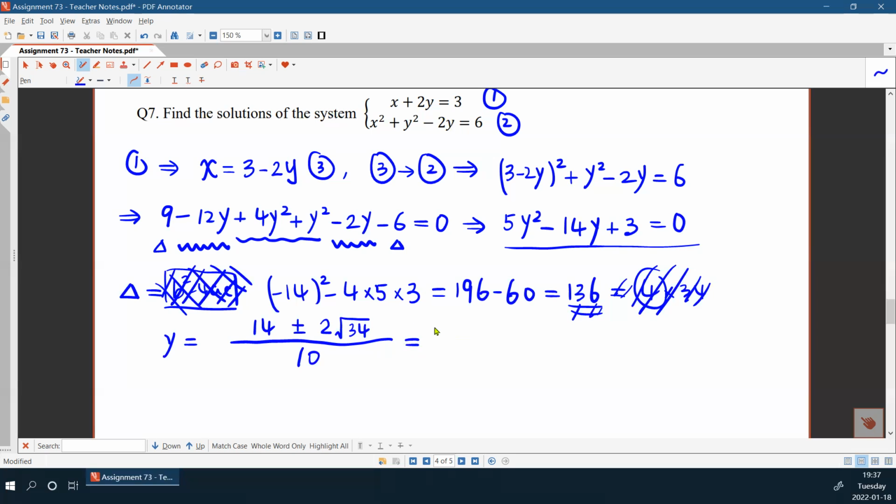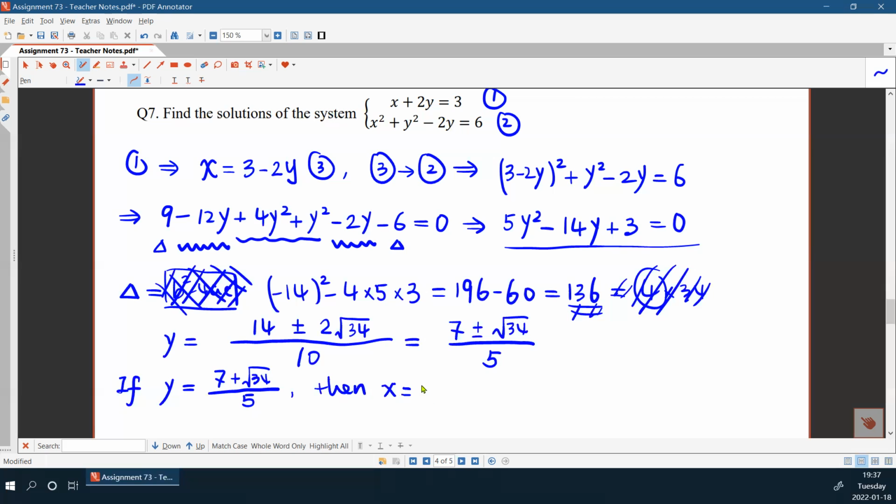And simplified to 7 plus or minus the square root of 34 over 5. So this is our y. It has two solutions, right? So in order to solve for x, we need to discuss them separately. If you choose the first value, that is y equals (7 plus the square root of 34) over 5, then